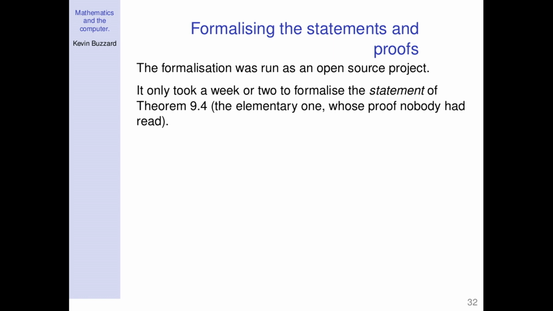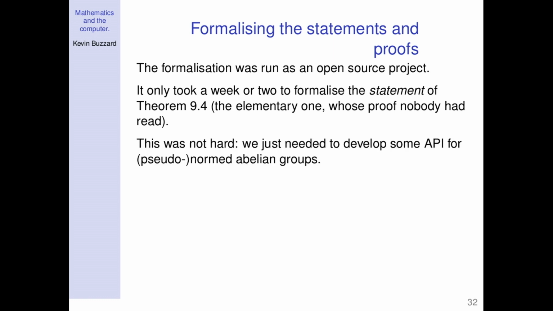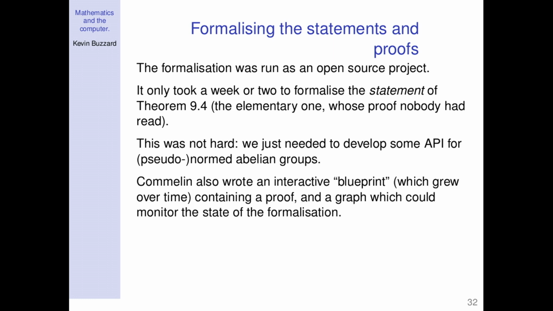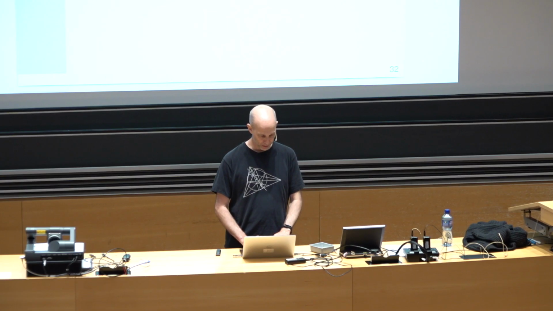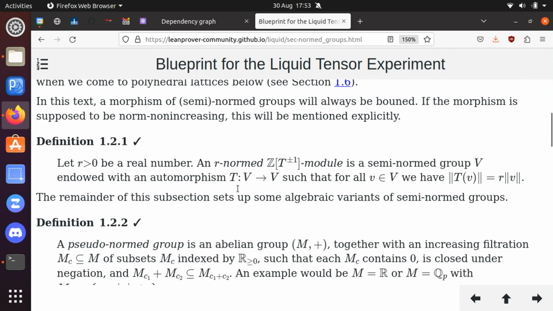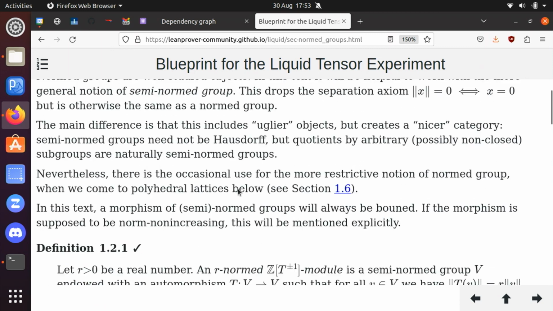So now we've got a level of this game, and the first goal is to prove this theorem 9.4. And also at the time, one of the other things we did at the beginning was, well, I say we, this is Commelin doing this. He set up a web page that I can probably find. So there's the web page. I mean, it didn't look like this at the beginning, but there's lots of sort of LaTeX explaining the argument.